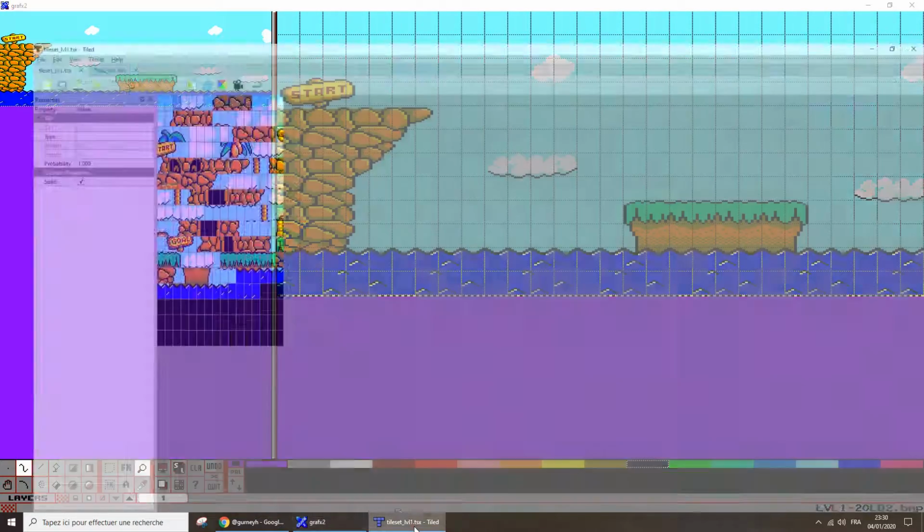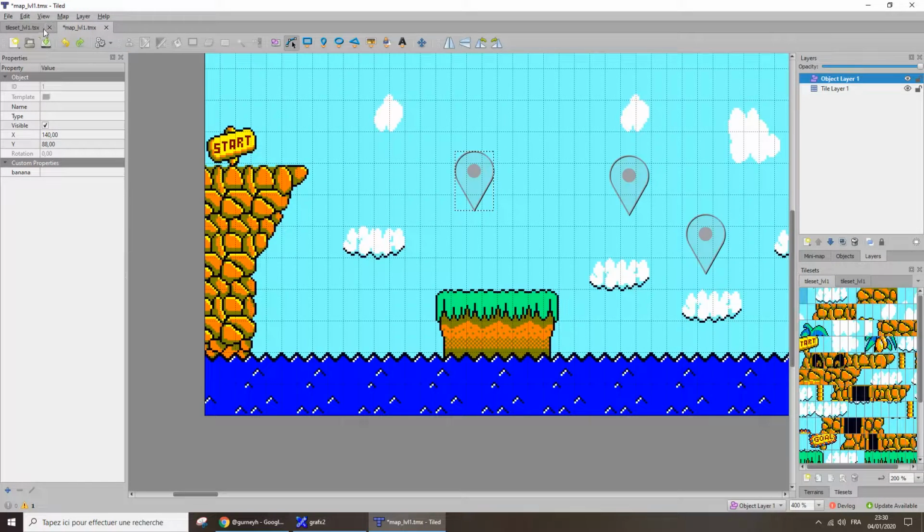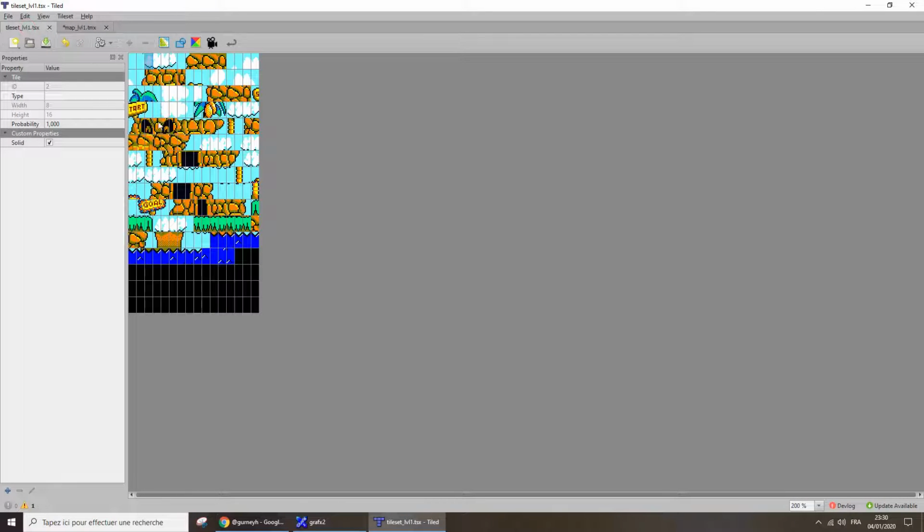Okay, and then one guy out of a Discord channel about Amstrad told me that he could provide a Windows tool that breaks down a PNG into a tile set and tile map. So here you have the tile set and here you have the tile map. In the tile set you have the possibility to select some tiles and add them